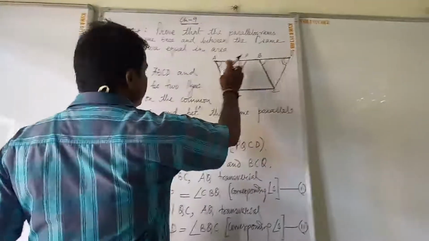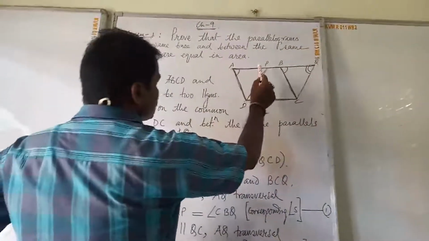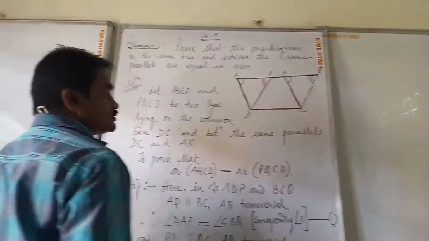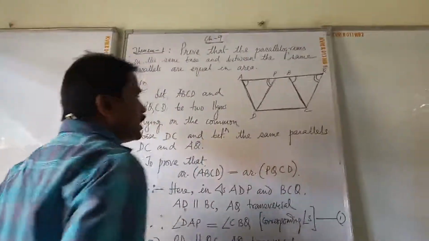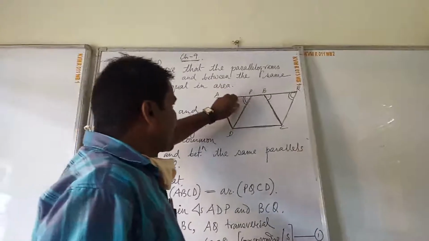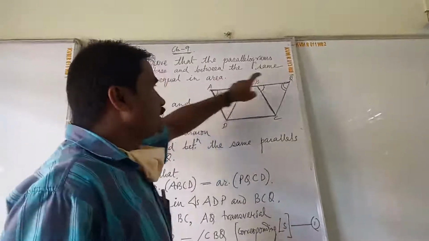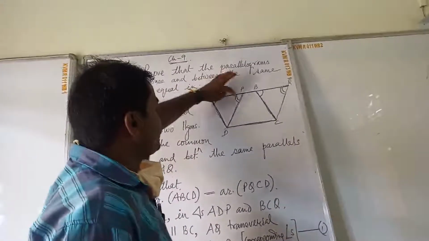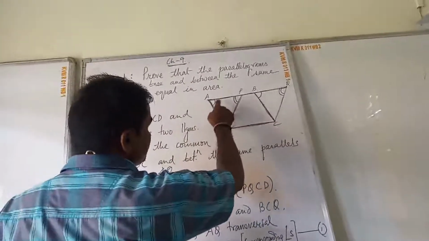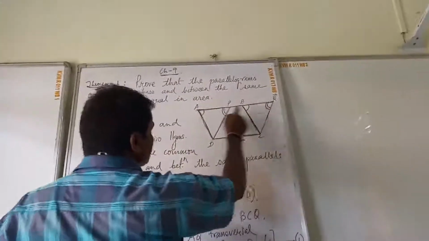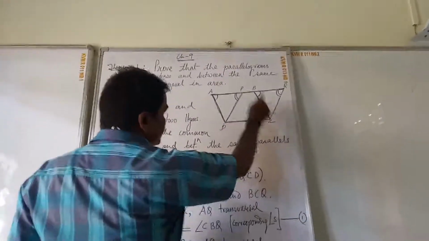Now you see, focus here. This angle equal to this angle. This angle equal to this angle. So obviously, this angle at D equal to this angle at C. How? The sum of the three angles of a triangle is 180 degrees. So if here 180 degrees, then here also 180 degrees. Now these two are equal. Suppose this is 50, this is 50. So here also 50, 50. The total you are getting here is 100. Here also you are getting 100. So obviously this third angle should be 80, 80.